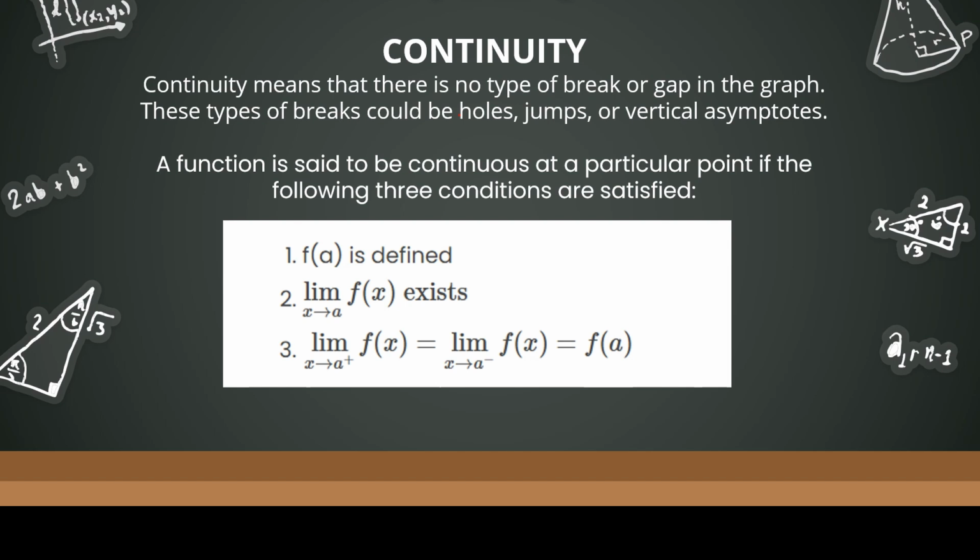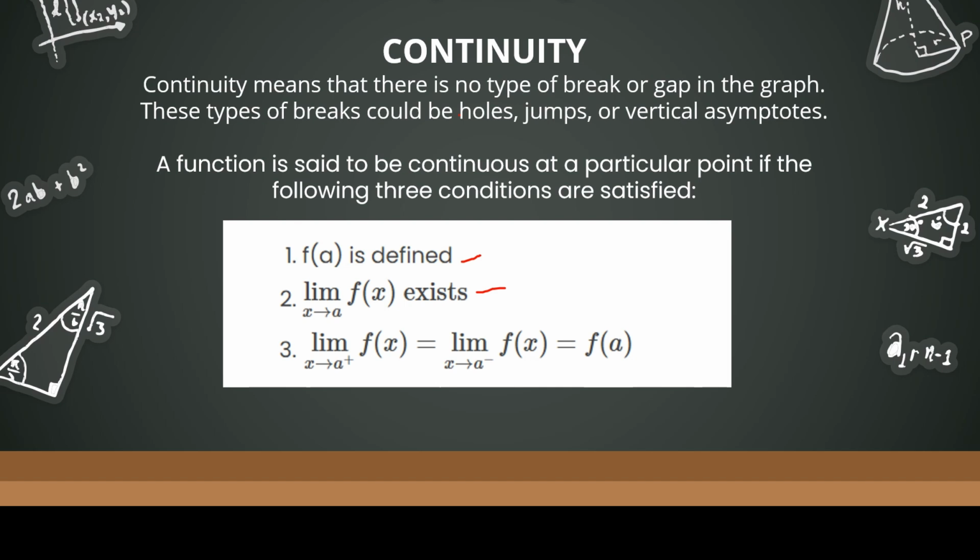So let's talk about continuity. When can we say that our graph is continuous? Very good. A function is said to be continuous at a point if there are no breaks, jumps, or holes at that point. Mathematically, we check for the three conditions that determine if a function is continuous. Let's go through them one by one. Our first condition is: f of a is defined. So the function must have a value. If it's undefined, there's a discontinuity.